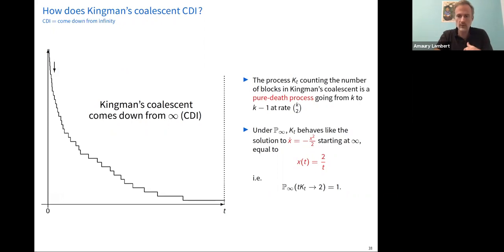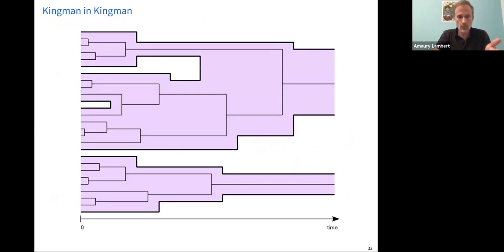But we will see that for nested coalescents, there is some randomness. And so what do I mean by this? Here, recall this picture of the nested Kingman coalescent. Imagine now that we start with infinitely many species, the pink part. So you have infinitely many pink branches, and you want to know how the number of genes descends from infinity. We know how the number of species descends from infinity, but of course the genes can only coalesce while they're in the same species. So you don't know, at least at first sight, how this number of genes descends from infinity.